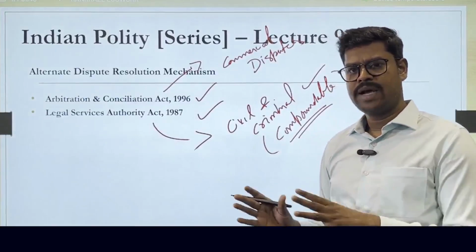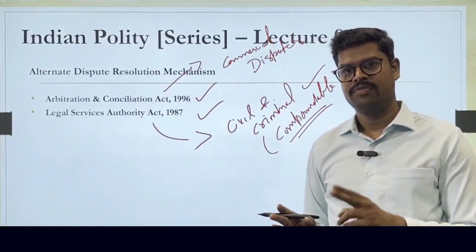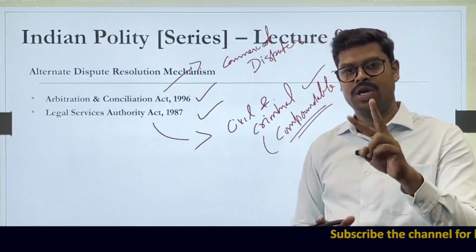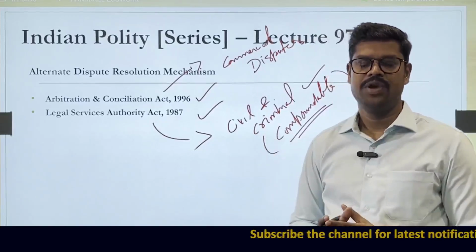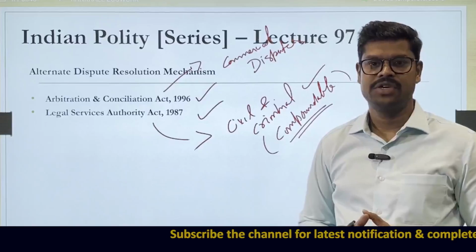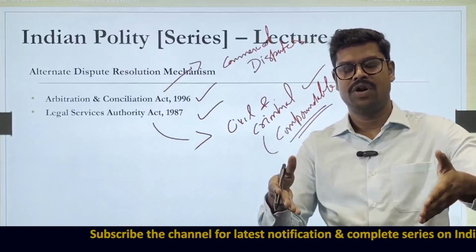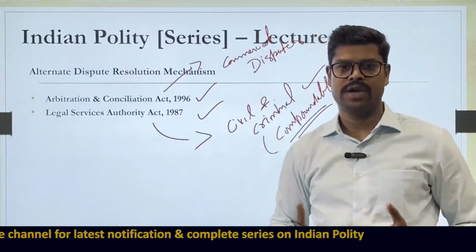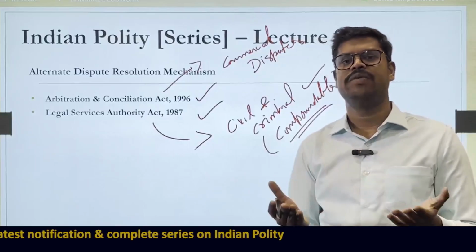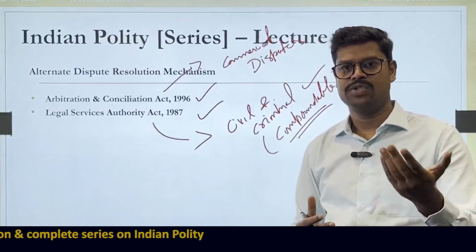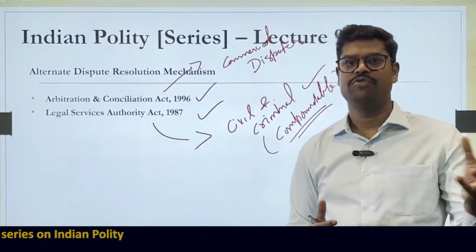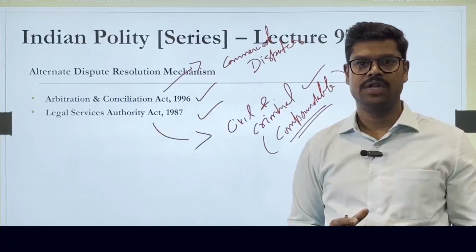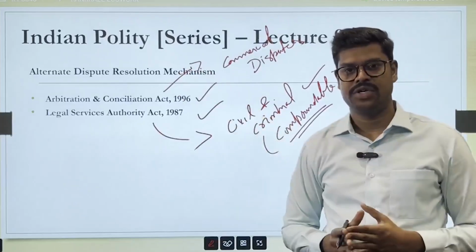Alright. So, what are the legal mechanisms that you have related to the ADR? We have two mechanisms. One is the Arbitration and Conciliation Act, which basically allows for two procedures: one is arbitration and the other is conciliation. However, the nature of dispute for which this Act provides a legal sanction is commercial disputes, where people enter into business, people enter into contracts to do business. And if there is any dispute between those people, then they can enter into arbitration and conciliation, an out of court mechanism to resolve this particular dispute. They can go to the court also, but if they want to settle it outside the court, then they can do it as per the Arbitration and Conciliation Act.